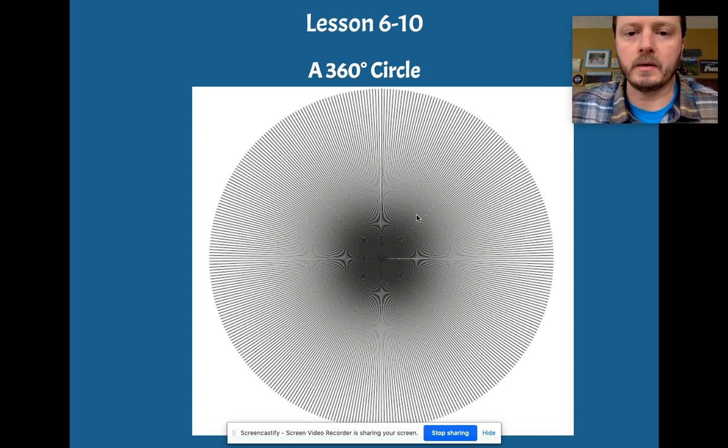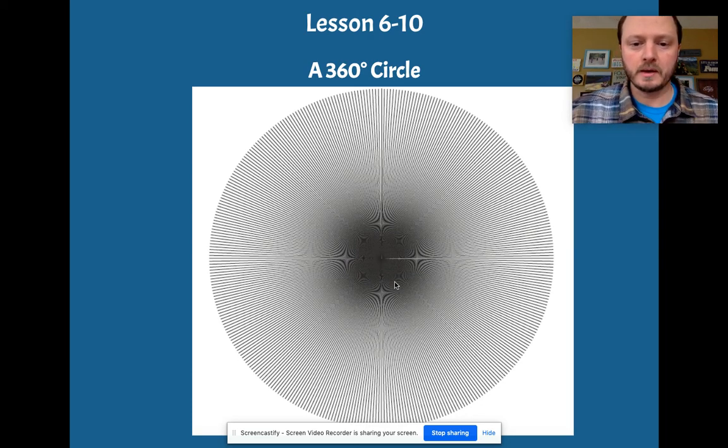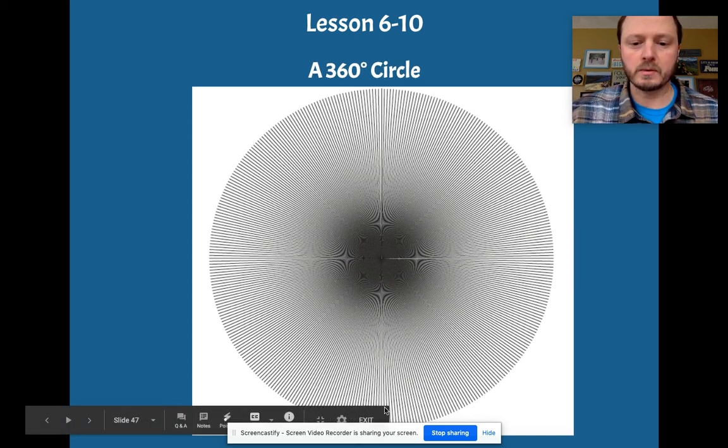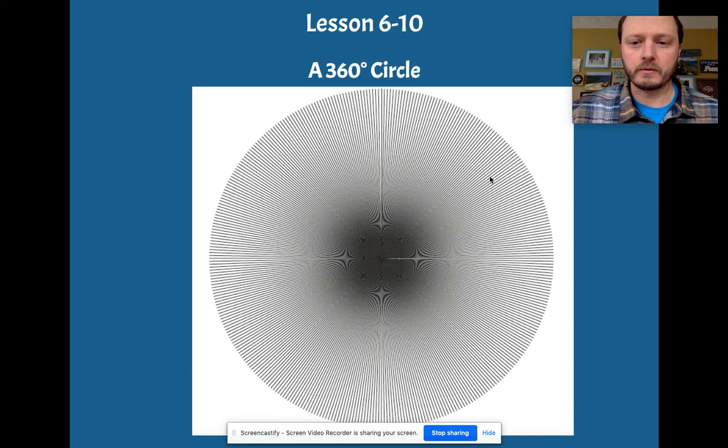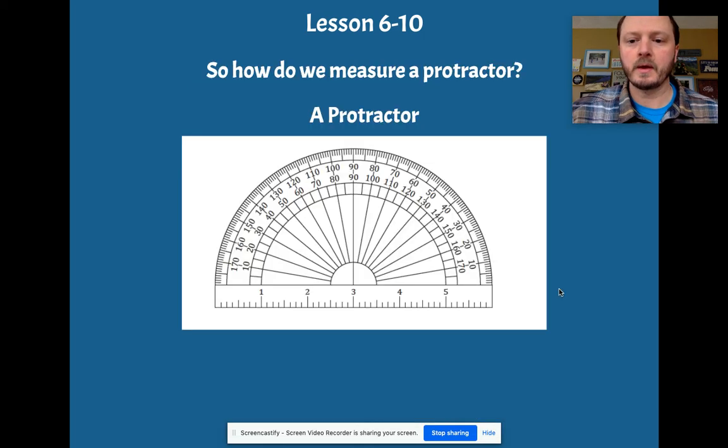If we had a line for every single degree, it would look something like this. Do you remember this from Unit 5? Yes, this is a 360-degree circle with a division mark on every single degree. Now, that looks kind of overwhelming, but if we